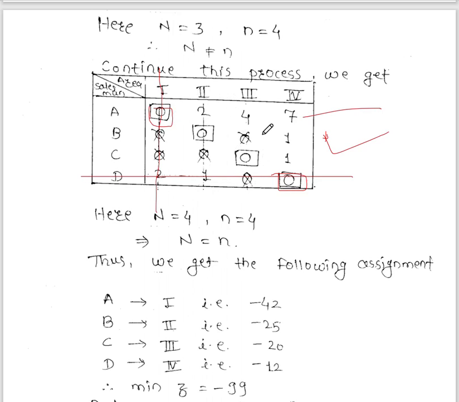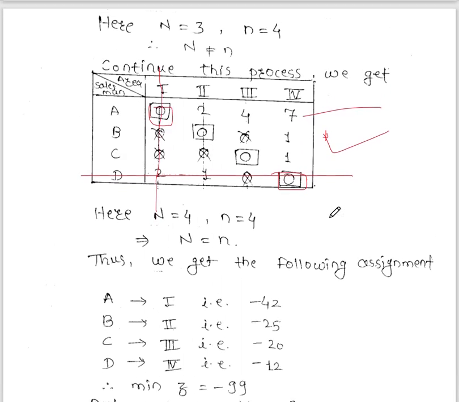Okay, again you have to come up to this same step. Then again in the first row this element will come, you have to cross it, and finally you have to cross this element as well. Okay, so in this way you can reach up to these steps. Okay, now what is the next step?